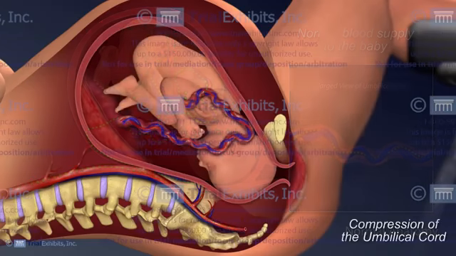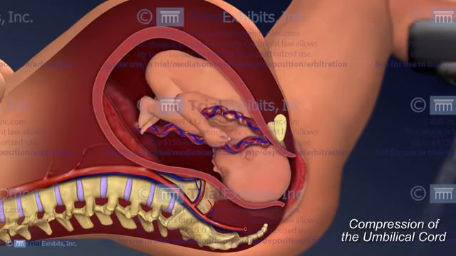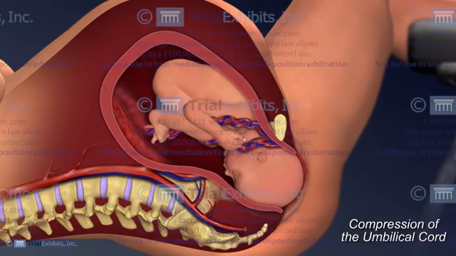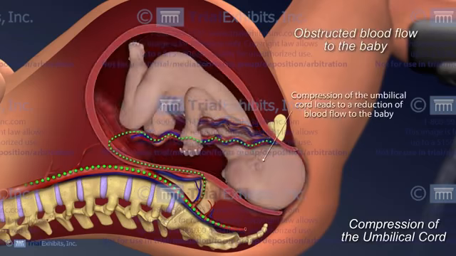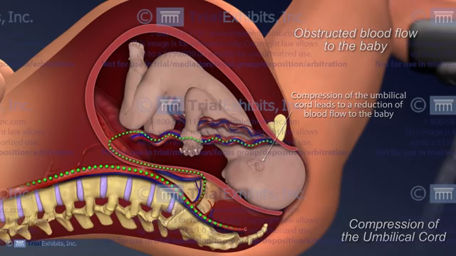Next, we showed how the umbilical cord can become entrapped during labor and how the compression of the cord can obstruct blood flow to the baby. Finally, the animation showed the resulting deoxygenation and distress of the baby following the prolonged blockage of blood flow through